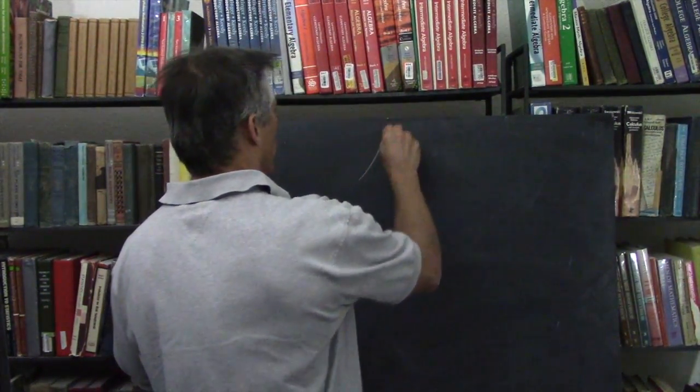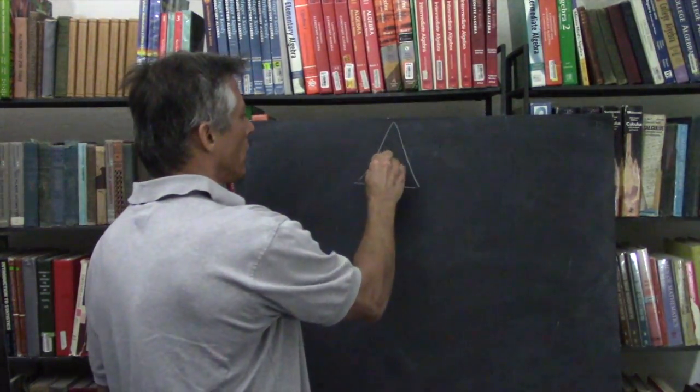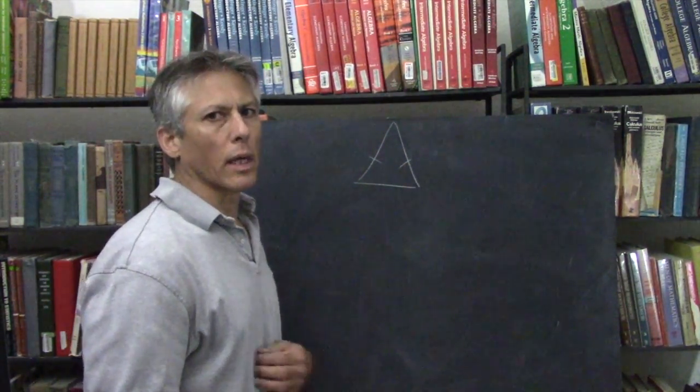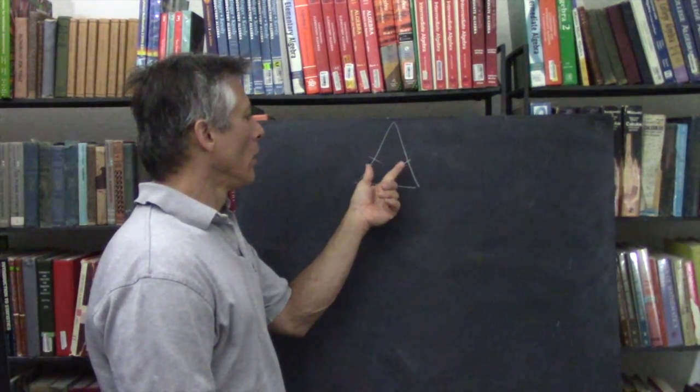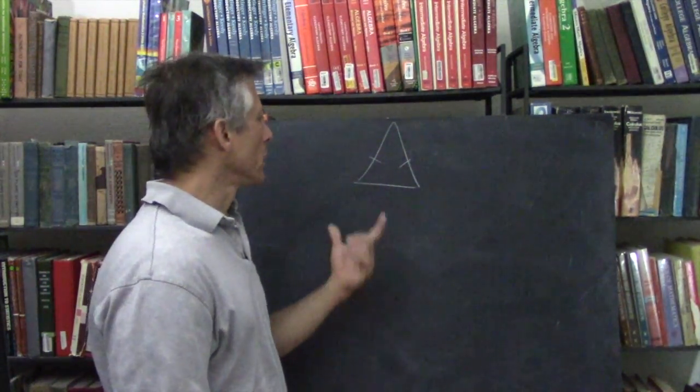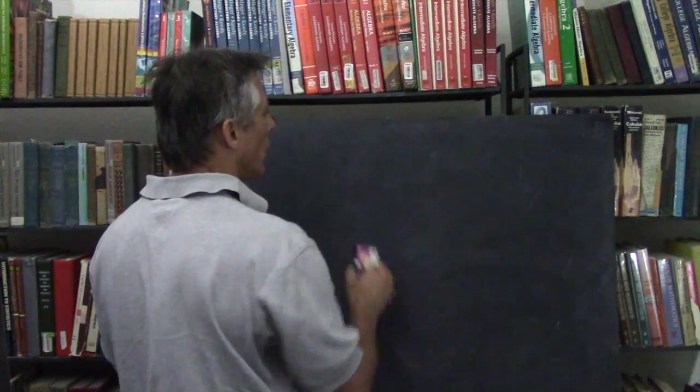Alright, now we got chapter 4, section 4, Isosceles Triangle Theorems. Remember, an isosceles triangle is a triangle with at least two congruent sides. That's how it's defined in this book. Some books say only two congruent sides. Here we're saying at least two. Okay, so